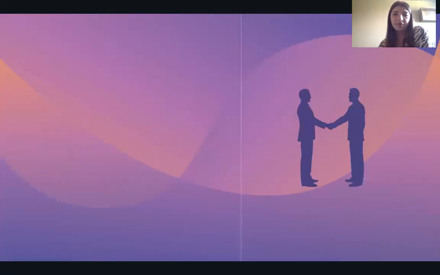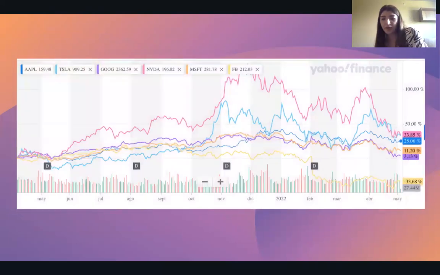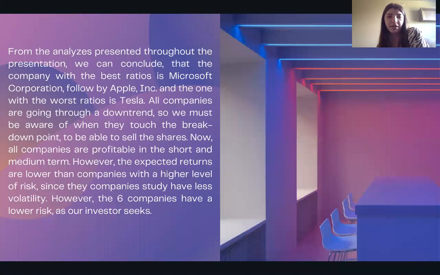And as a final conclusion, here we can see the technical analysis of all the companies, and we can see that the company with the best ratios will be Microsoft, followed by Apple, and the one with the worst ratios will be Tesla. All companies are facing a downtrend, so we must be aware when